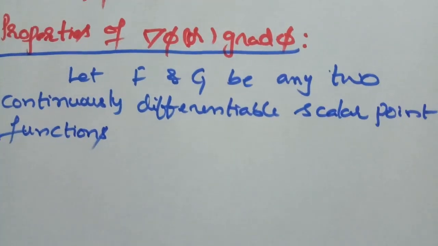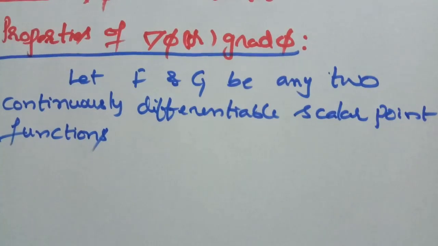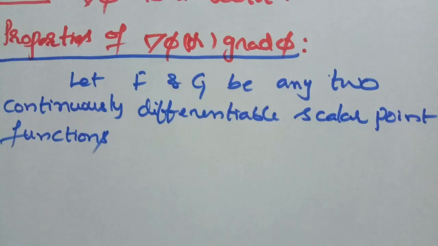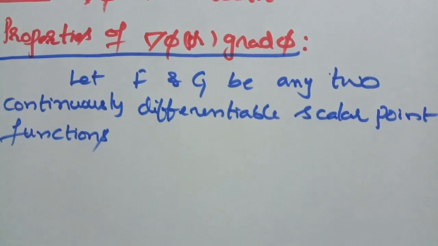F and g are any two continuous and differentiable scalar point functions. A scalar point function has only magnitude but no direction. Now